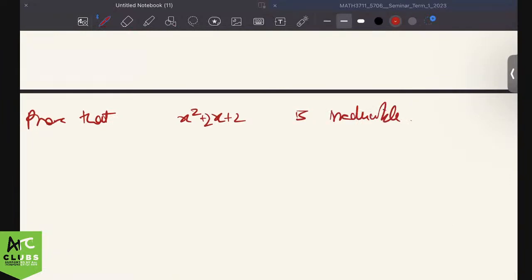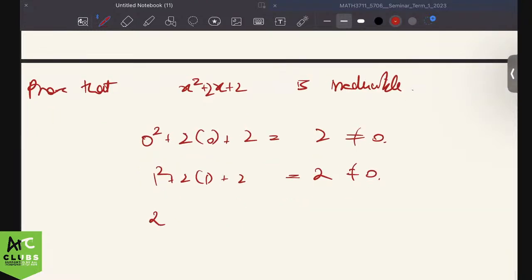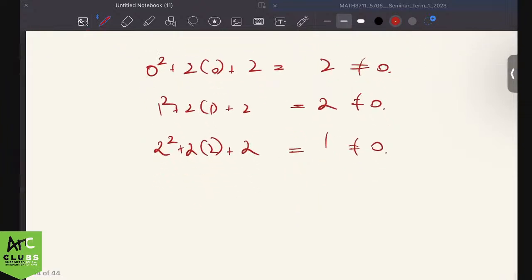Same thing over here. 0 squared plus 2, 0 plus 2 equals 2. 1 squared plus 2, 1 plus 2 equals 2, not equal to 0. And then 2 squared plus 2 times 2 plus 2 actually equals, that'll be equal to 1. It's not equal to 0. So irreducible,